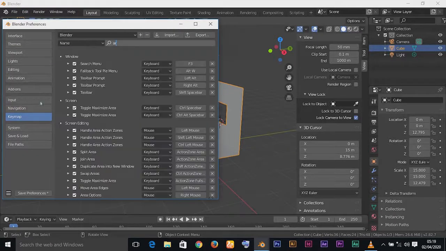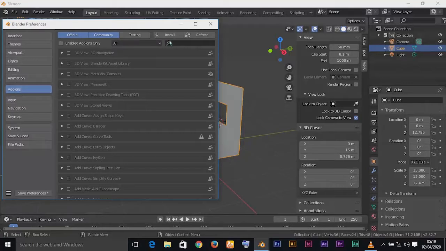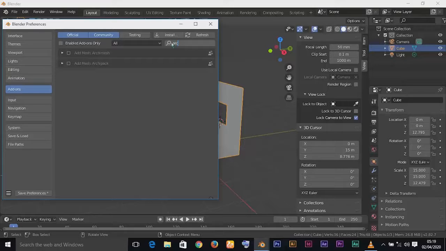So what we go do is say we go to edit, and then we go to preference. Make sure say you click add-ons. After you don click add-ons, search for ARC. So you will see add mesh, arc mesh. So now this first one where we say you go click, if you don click the arc mesh,